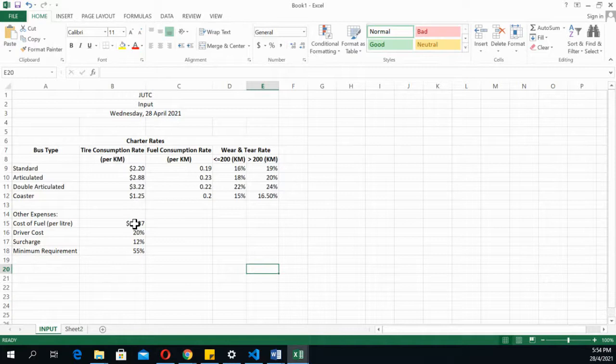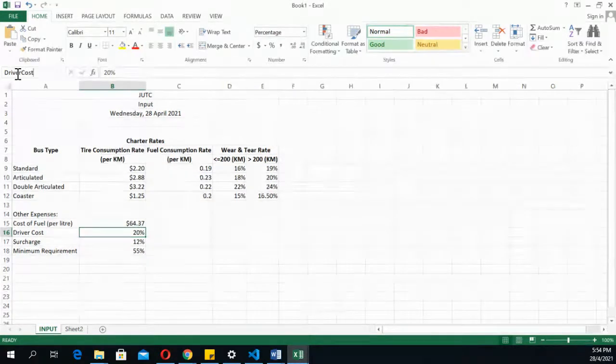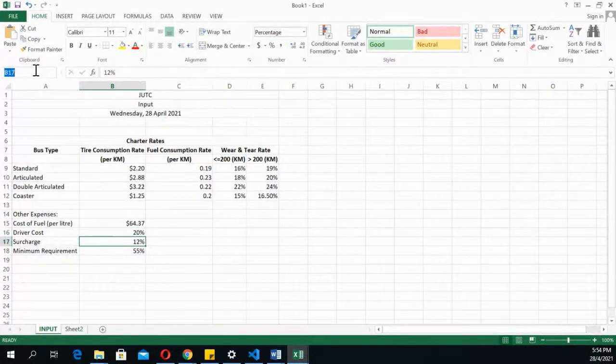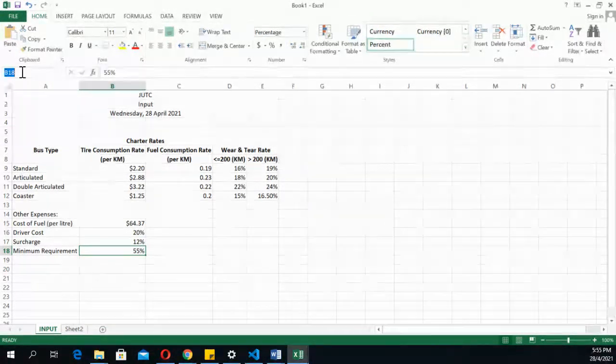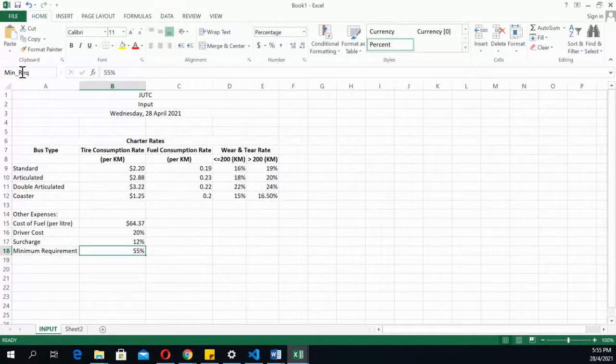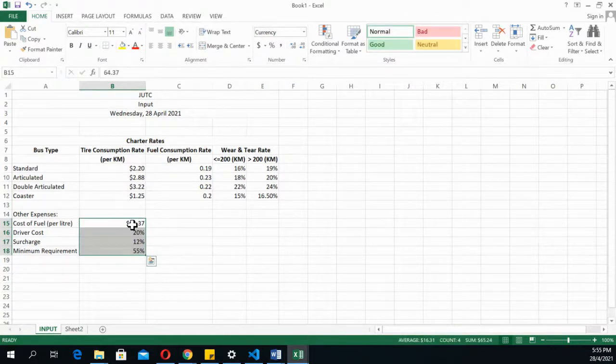And we can proceed to do the same for these. So this would be cost of fuel. COF, or let me just make it a little longer. So cost. And this is driver costs. And surcharge. And also main requirement. All right, so what you also need to note is that when you're naming the values,